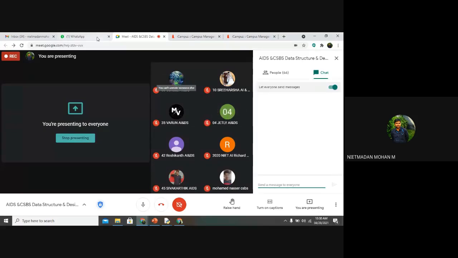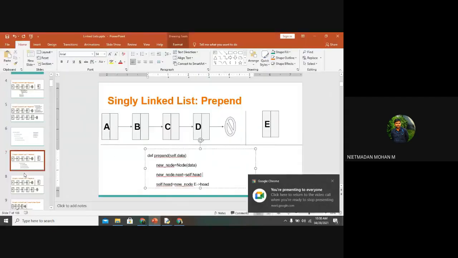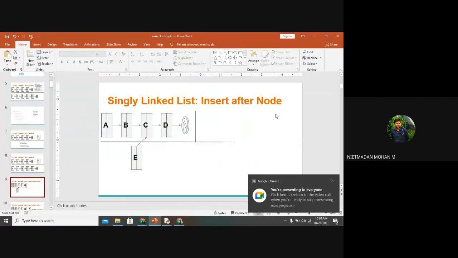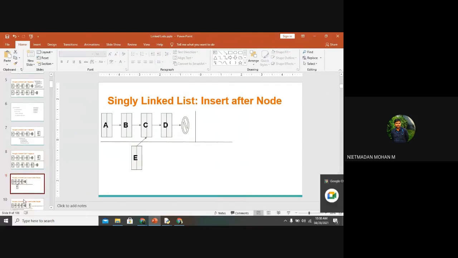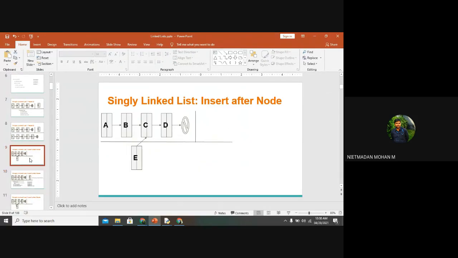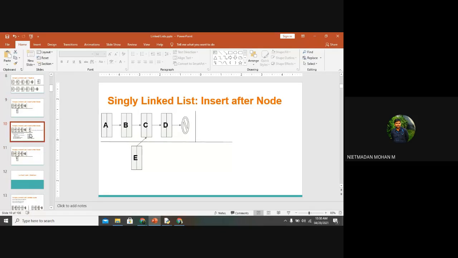But first I want to know whether you have understood the concept of the linked list, append and prepend. So yes, no doubt, very good.